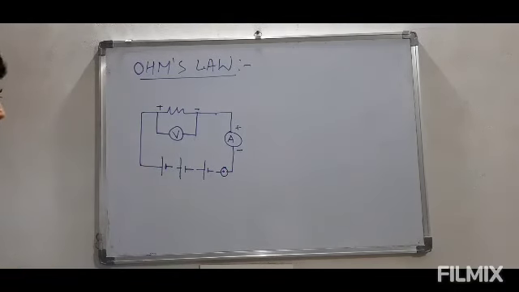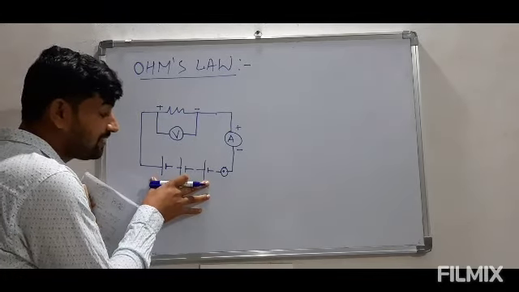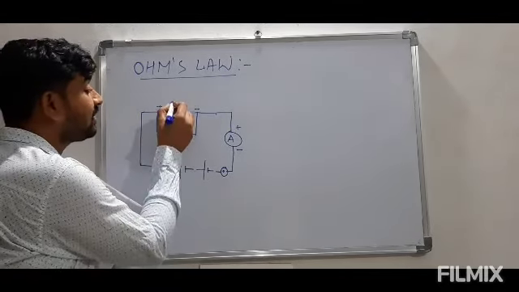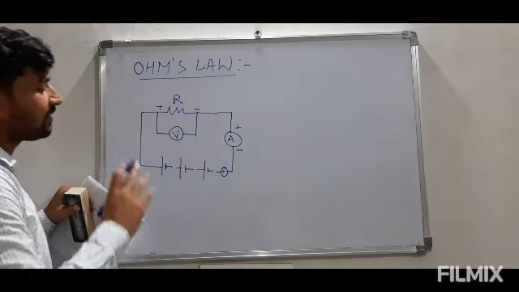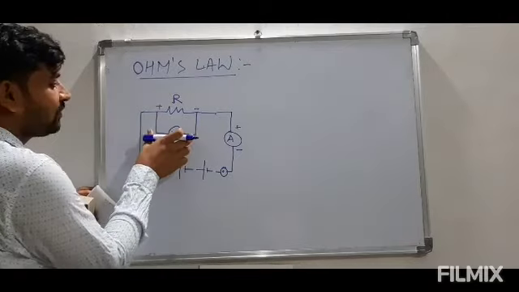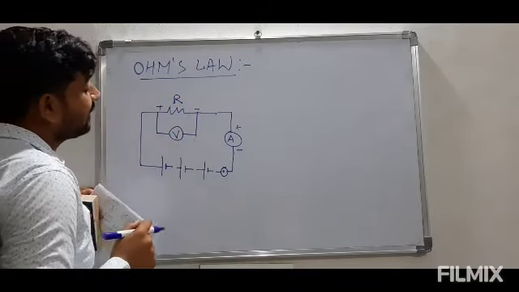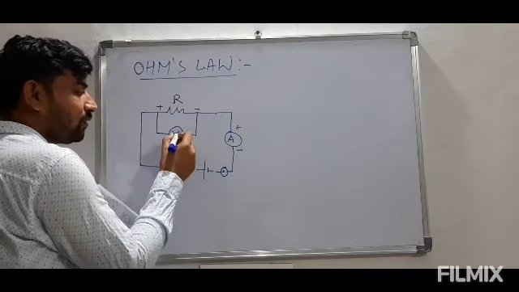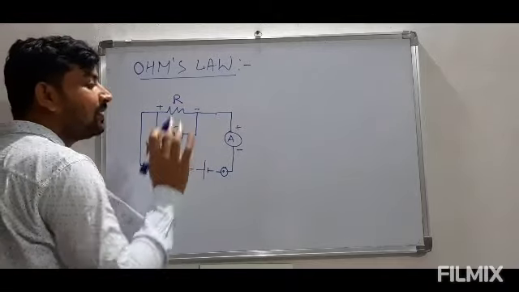Now see, I have not taken them all together. What we are going to do, let us suppose the resistance of this resistor is R. The potential drop across the two terminals of this conductor will be measured by this voltmeter, and the total current flowing through the circuit will be measured by the ammeter.